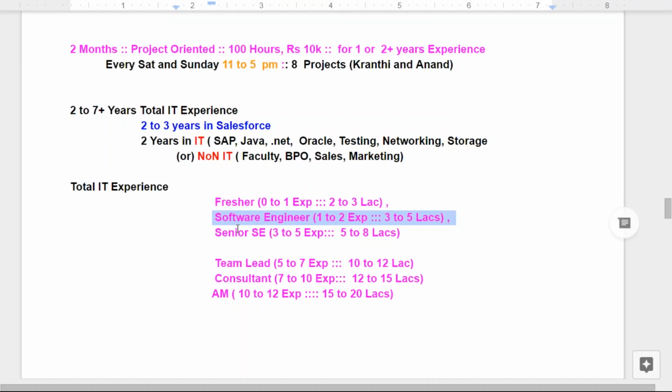Some people say, I already have a 6-year gap, can I go as team lead directly? No. With 6 years of experience, I cannot give a team lead role. You should have some IT experience first. For that, you can go as SC or SSC. If you're already working as a team lead, then you can go like this.